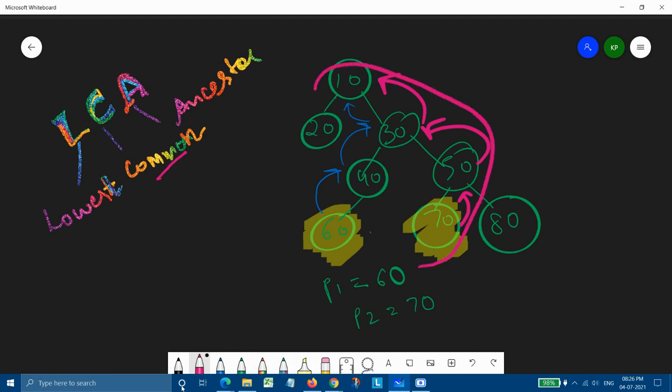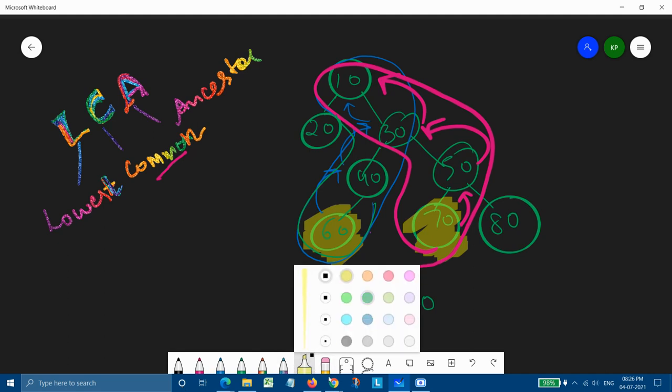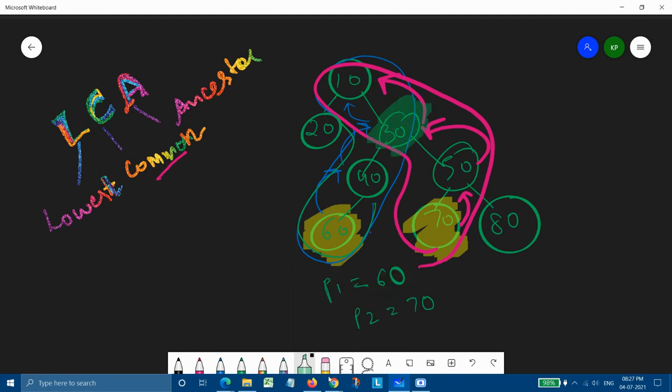Our 70 has these ancestors and our 60 has these ancestors. Out of all the ancestors, we have two nodes which are common in both, and those two nodes are 30 and 10.